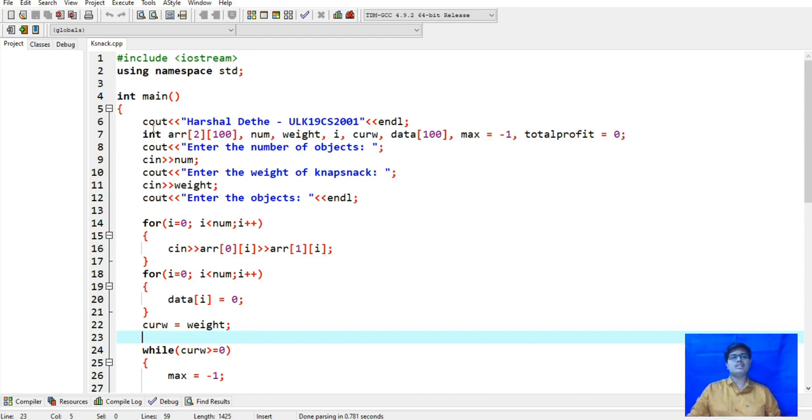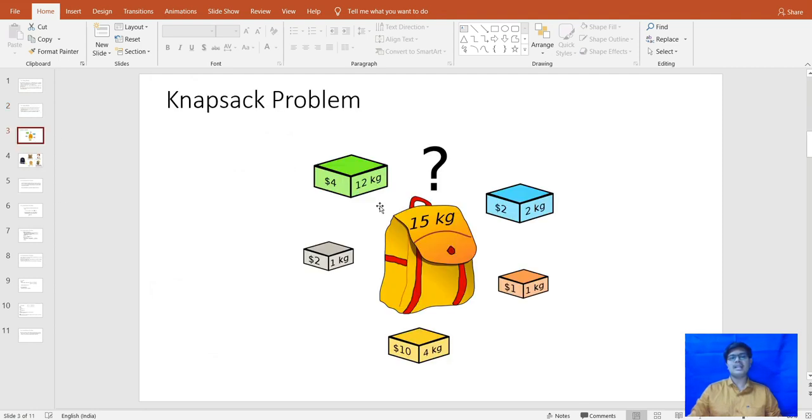In this program, the user will enter two inputs: the capacity we have to take, and how many objects we have to enter, and it will accept weight and profit from the user. Here are the inputs taken from the user. Enter the number of objects, how many objects the user has to enter, 4, 5, etc. Then enter the weight of the knapsack bag, which is entered by the user.